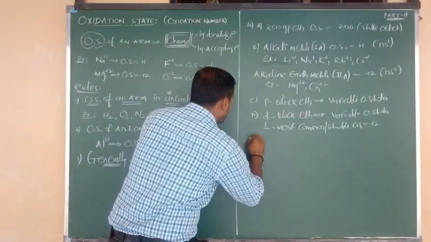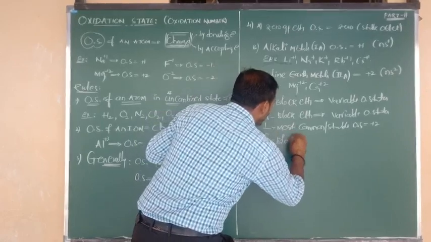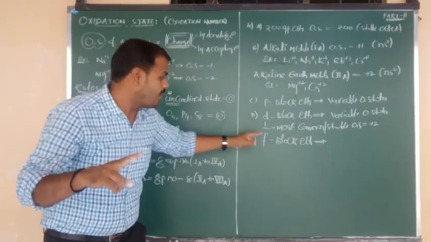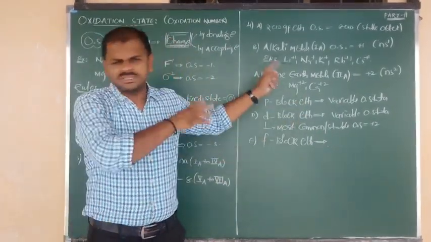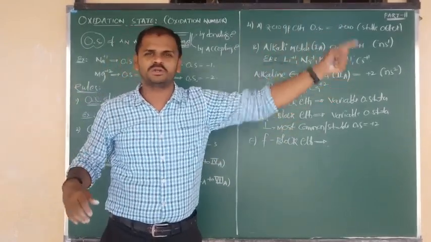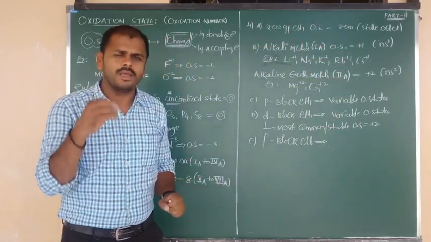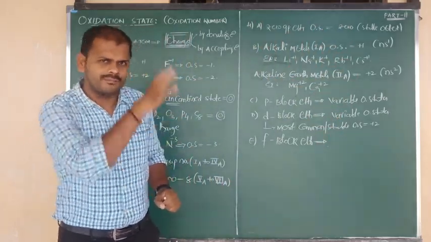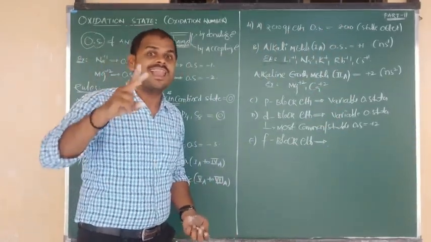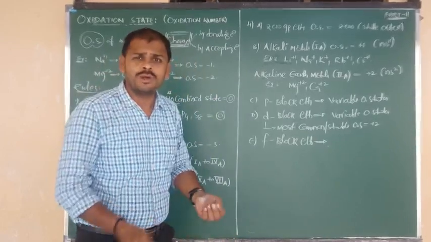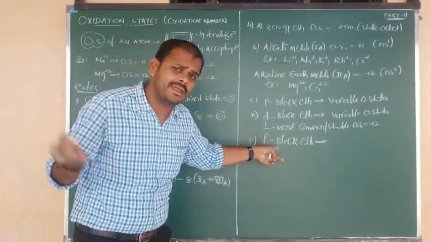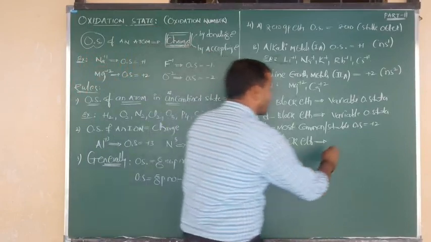Next, the last one, F block elements. F block elements also have 2 series: one is lanthanides, the other is actinides. We will discuss all these elements at PUC level, so don't worry about that. I will show you a clear description and a clear picture. Here I am just telling you how to assign the oxidation state overall for all the elements. F block elements have 2 series, 4f series and 5f series, lanthanides and actinides. Around 28 elements are there, and they show variable oxidation states, a number of oxidation states.